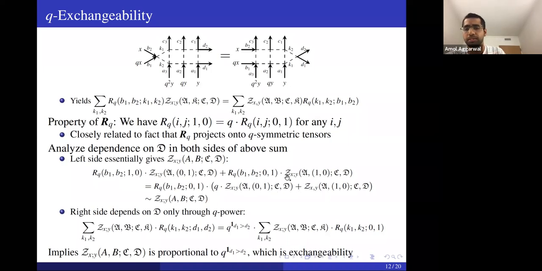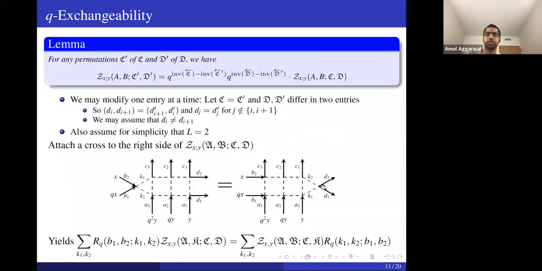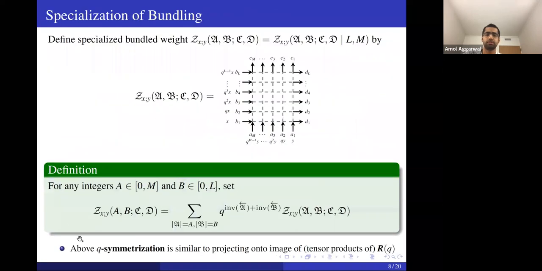And then the second term is just going to give me this guy over here, zxy of a10 cd. Now if you look at what's going on in the parentheses over here, you'll see that it's almost exactly identical to my definition of z. In particular, I'm multiplying by a factor of q